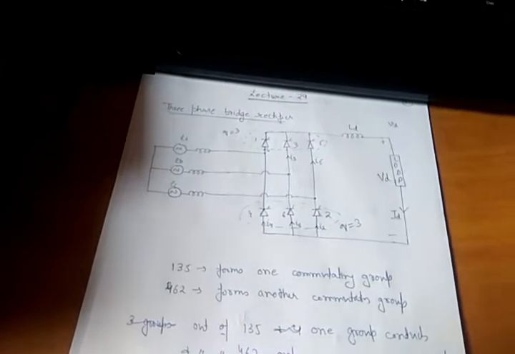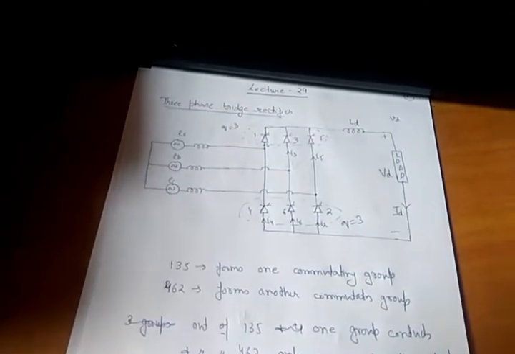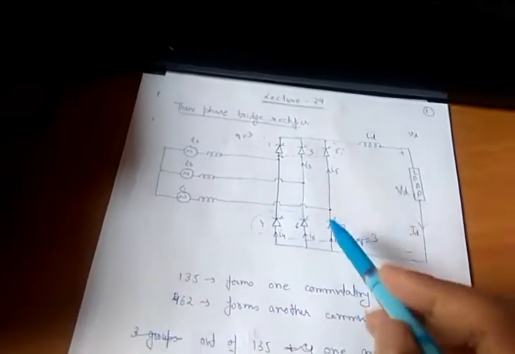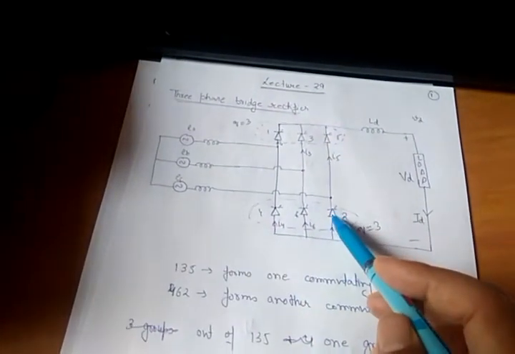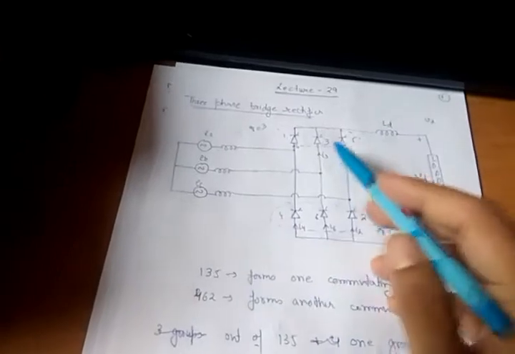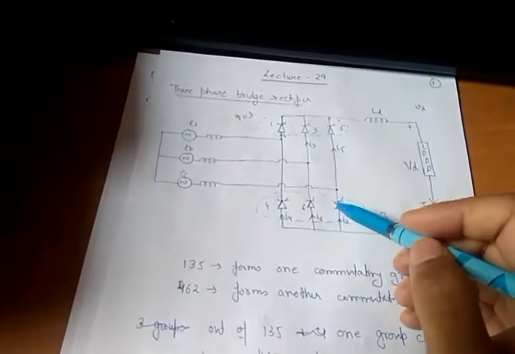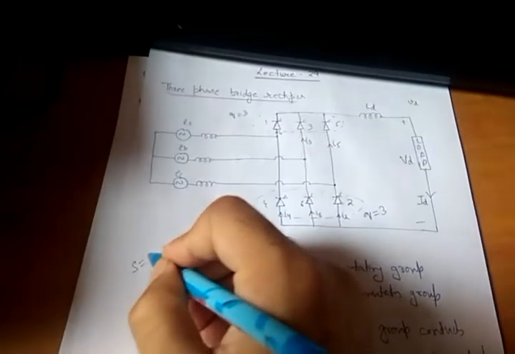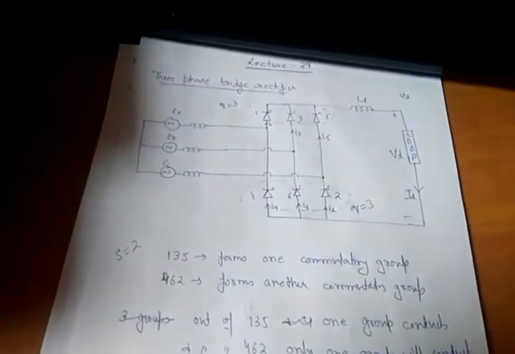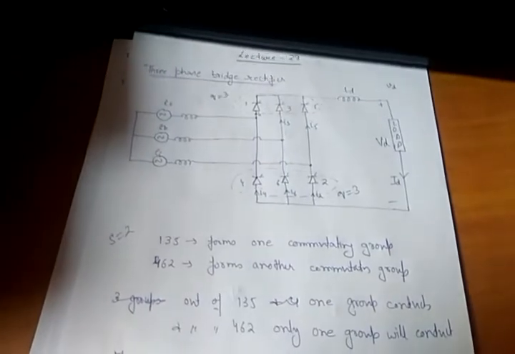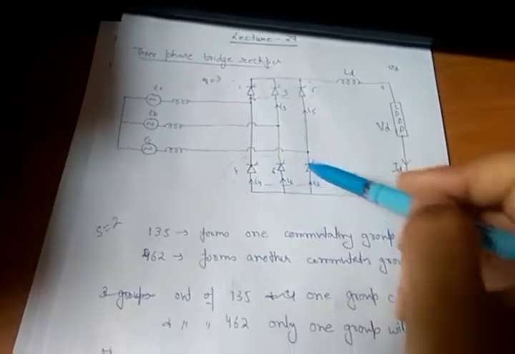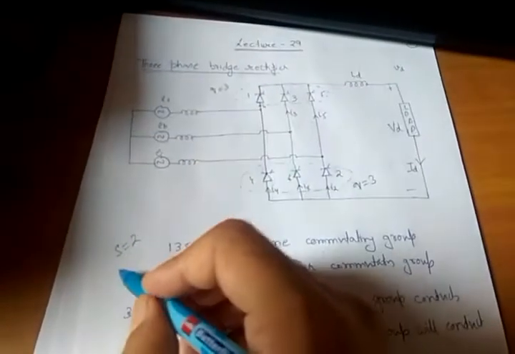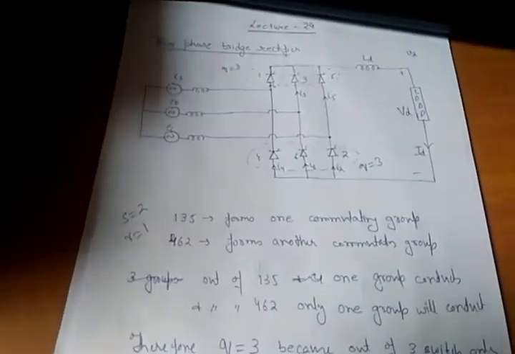So tell me how many valves are connected in series. This is one group of valves, connected in series with this other group of valves. So I can say these two are connected in series, so S is equal to 2. How many valves are connected in parallel? This is one group of valves, this is another group, but they are connected in series, not in parallel, so R will be equal to 1.